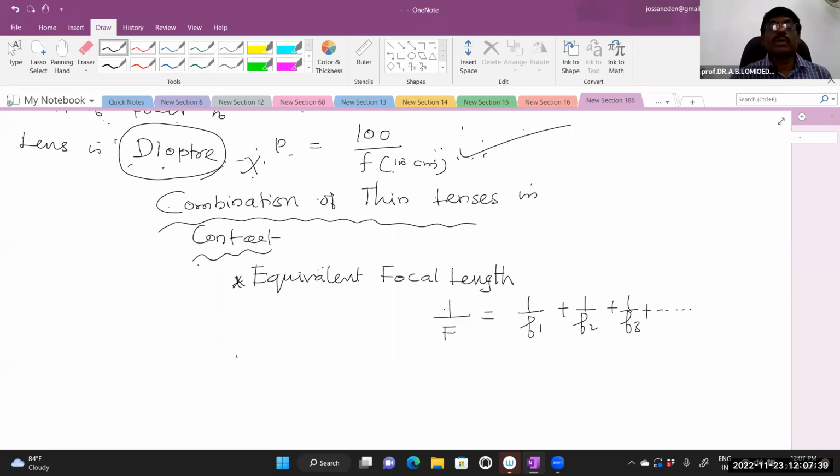To calculate the total power of the combination of thin lenses,